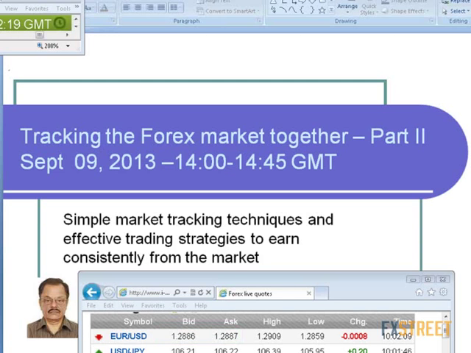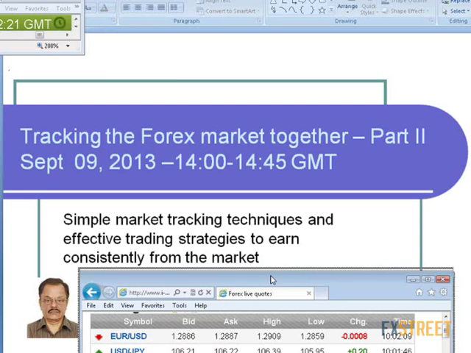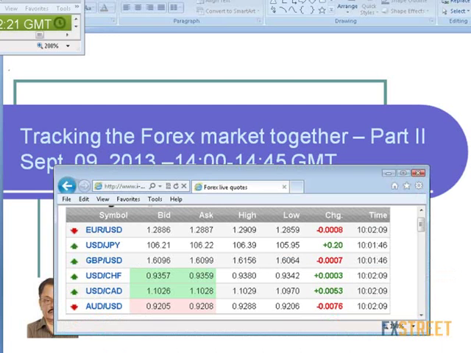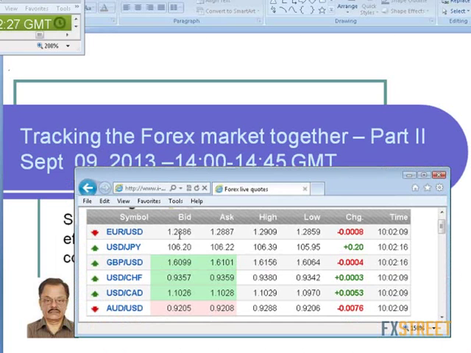Now, this is the live market quote page. You find currently Euro is trading around 1.288687 level and Yen is trading around 106.2022 with 20 pips positive net change. Euro is with 8 pips negative net change, and GBP is trading around 60.97, 61.00, with 6 pips negative net change, and USD CHF is trading around 93.57, almost around the same level as we have seen during the